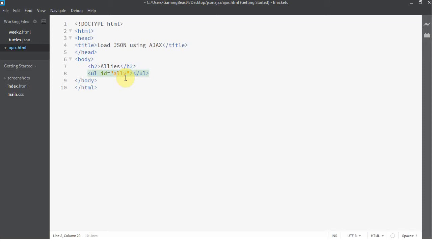I'm just setting up placeholders that are going to hold that information. So this is where the enemies is going to load. So I'm not really changing a whole lot from last week. Okay, then we're going to load